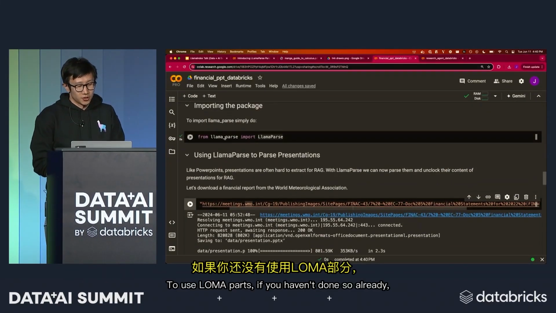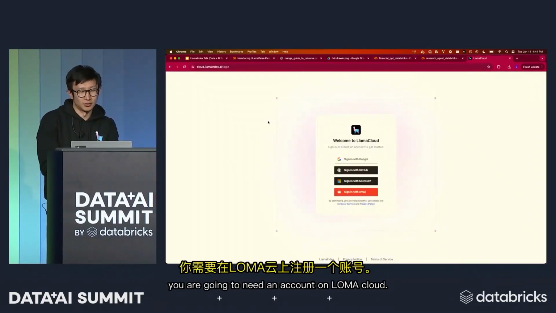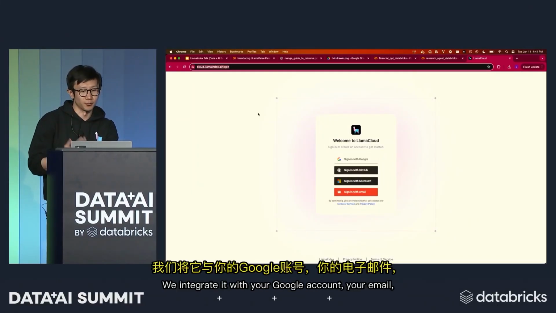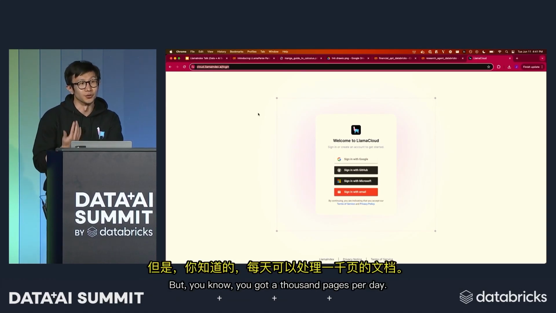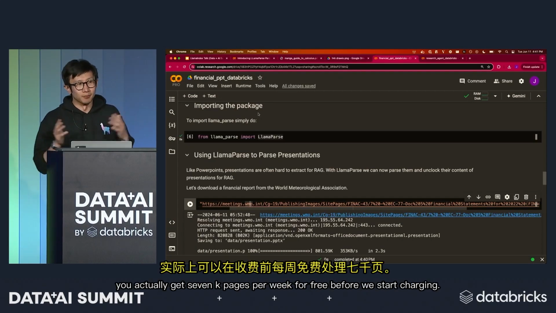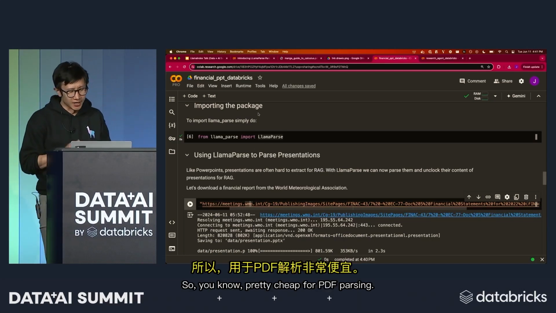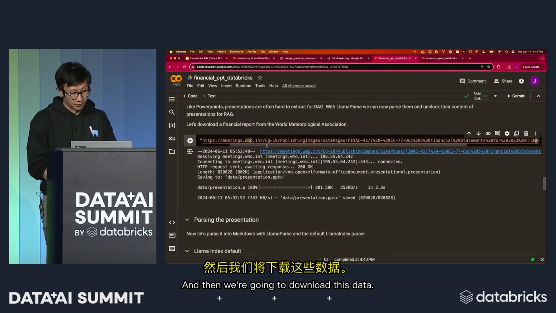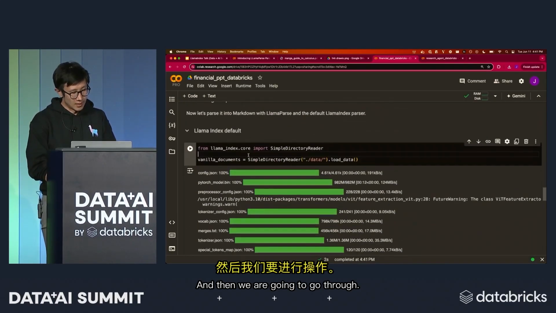Right. To use LlamaParse, if you haven't done so already, you are going to need an account on Llama Cloud. So basically, it's just cloud.llamaindex.ai. We integrate with your Google account, your email, and just rough information. I won't go into it too deeply, but you get 1,000 pages per day for free, basically. If you sign up for the paid plan, you actually get 7K pages per week for free before we start charging, and it's 0.3 cents per page. So pretty cheap for PDF parsing, but anyways, that's what it is. And then we're going to download this data, right? And then we are going to go through, and then